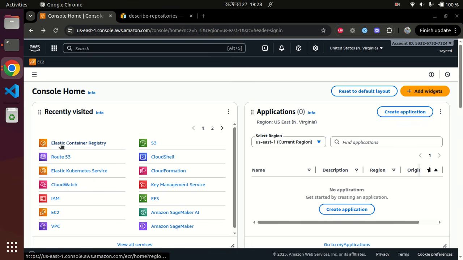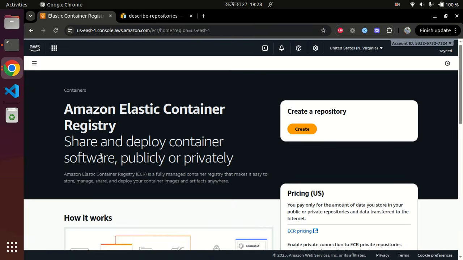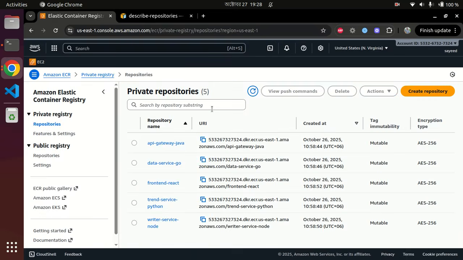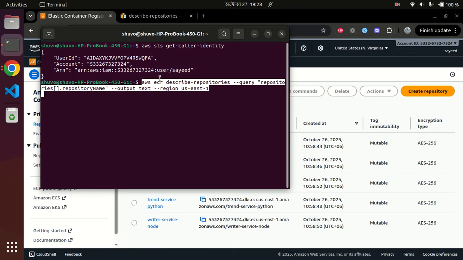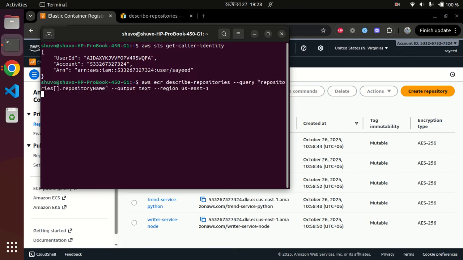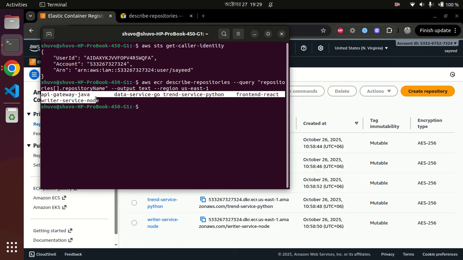Now if I click on Elastic Container Registry, yes, I can see that there are 5 private repositories. All of them are my 5 microservice images, and I can also check the same thing from AWS CLI. If I paste the necessary command, then in the output I will get the names of the AWS ECR images,